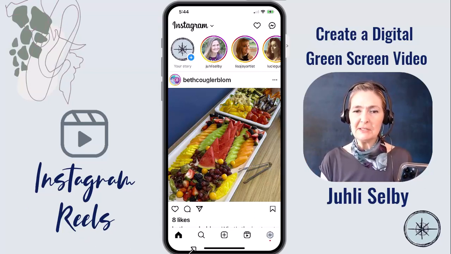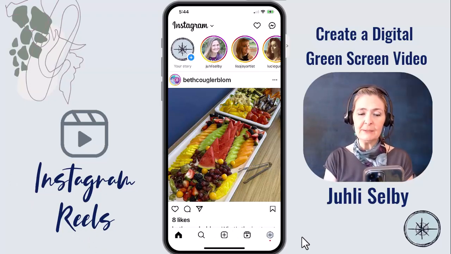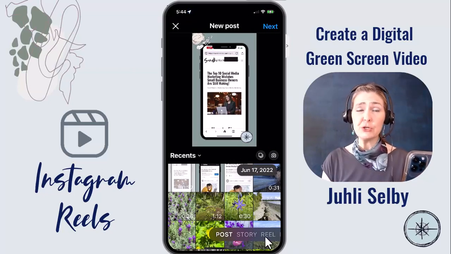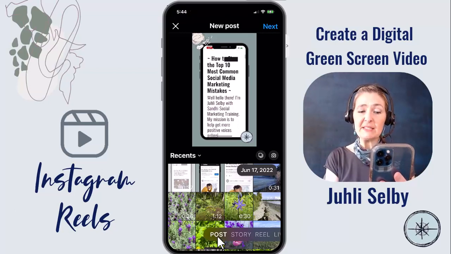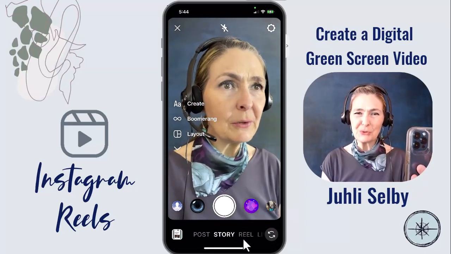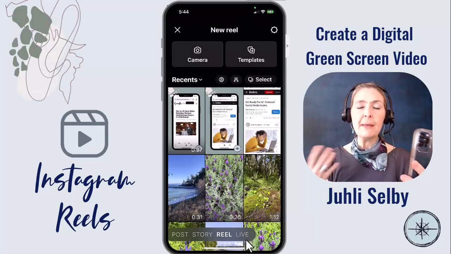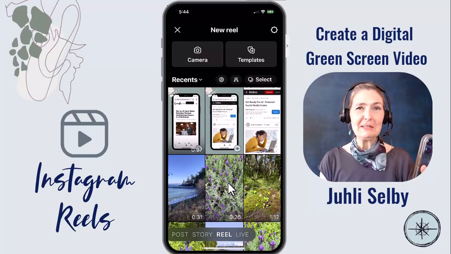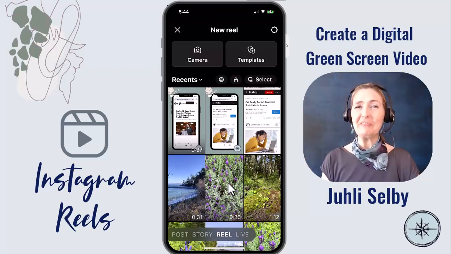So let's click on, here's that same icon, the plus sign icon in the bottom middle, and that opens it up a little bit different. So you can see on the bottom is where it shows the different post types. So post is our classic post on Instagram. If I slide my finger along the bottom, that is story for disappearing 24-hour story, and then of course we've got reel. So just take your finger and gently slide along the bottom, and that will take us to the same spot. So of course you can create reels, which are essentially just TikToks or short form vertical videos, but